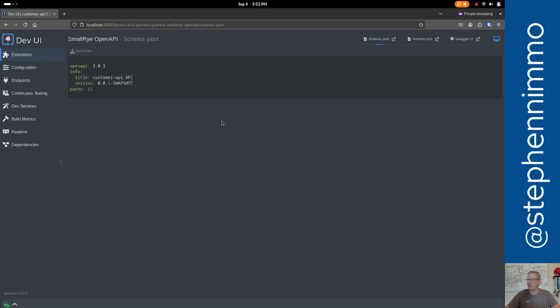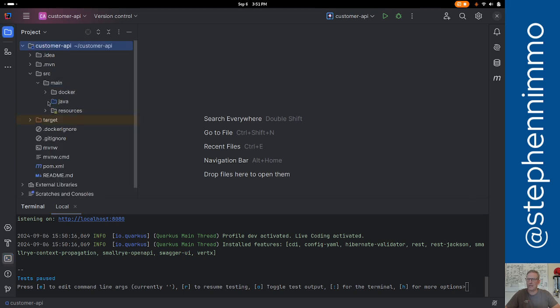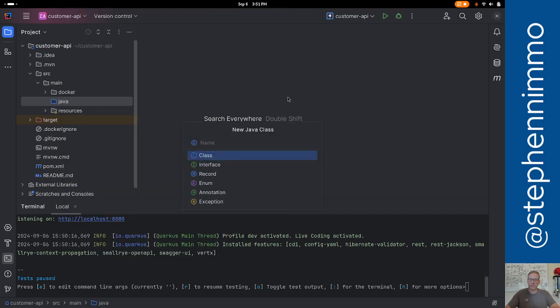So the very first thing that we're going to want to do, we're going to be building a customer API today. Why customer API? Because it's simple and we know it pretty well. So what we're going to want to do is get into here and actually build our first record. We're going to be doing this all code first, so we're not going to be building any OpenAPI spec by hand. It's all going to be code-based. So we'll build our first class,